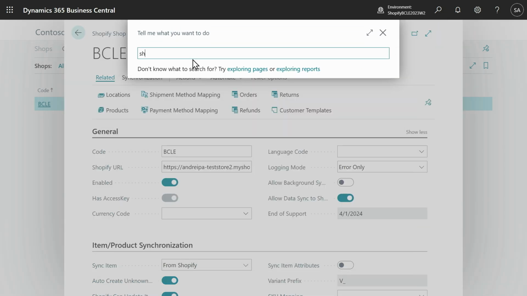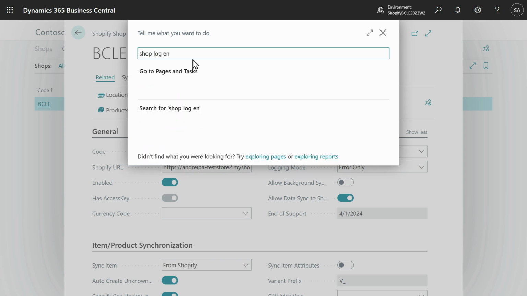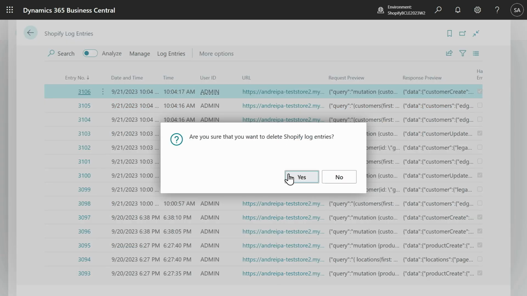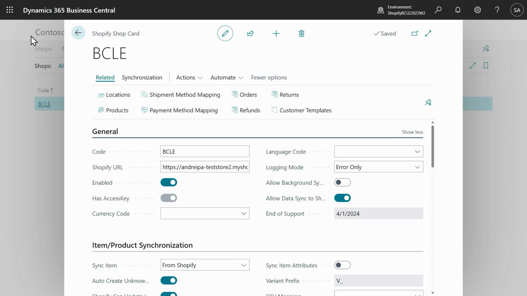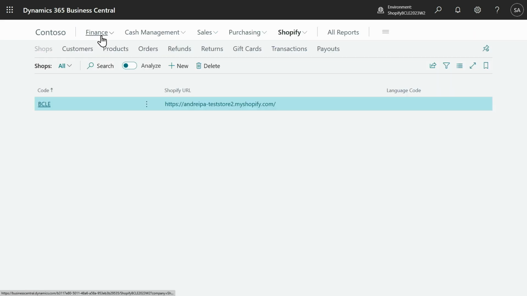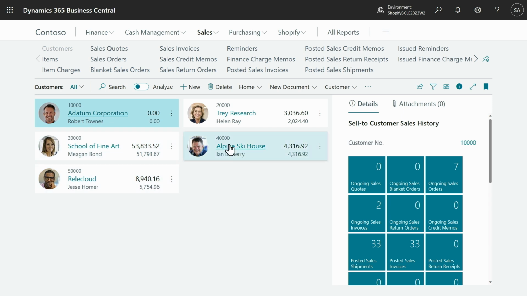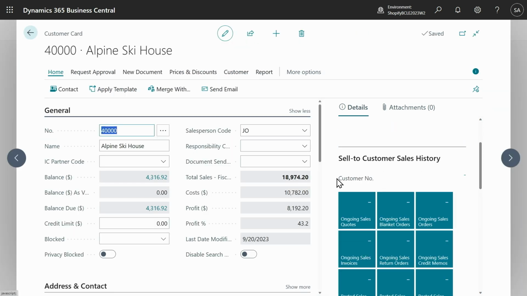Let's go back to Shopify log entries. Delete them all just for clarity. And activate error-only mode, right? Now we will go to customers. We will fix our customer.